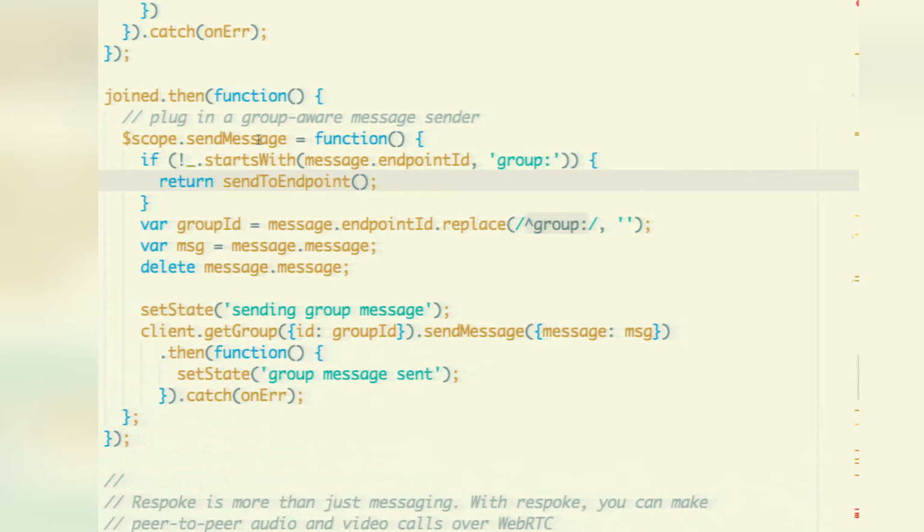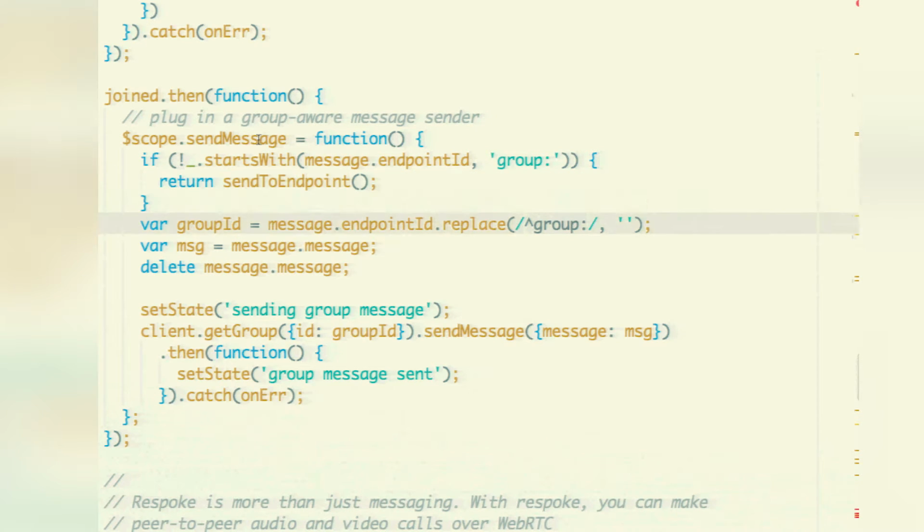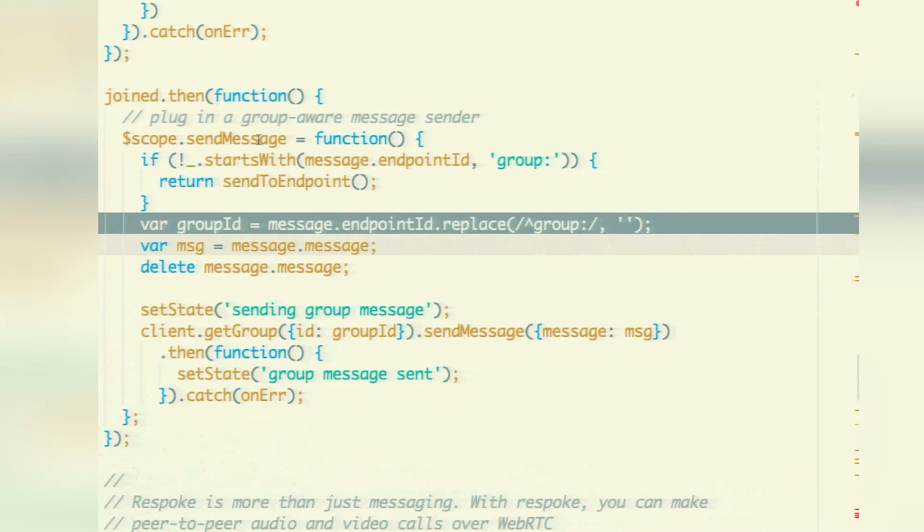You would determine how you send messages specific to your application. Normally what you have is a context. You've got this window represents this group, and if I type into this chat box, I know which group I'm sending it to. In this context, we're selecting from a drop-down where you want to send the message. If you're not sending it to a group, I'm just going to call the send to endpoint function that we had earlier. If we are sending to a group, I'm going to extract the group ID from the endpoint ID that we had selected earlier,